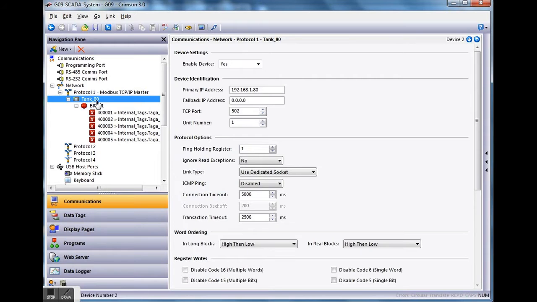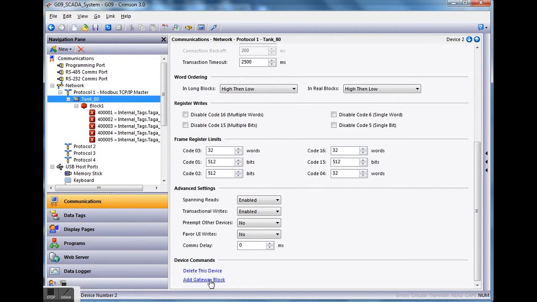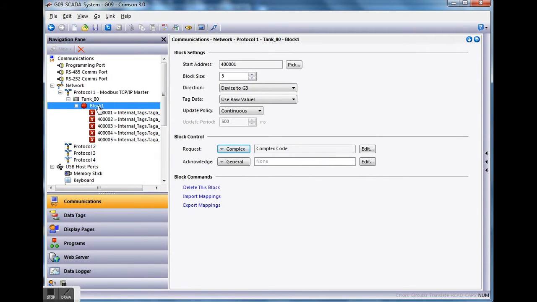You can always add a gateway block by clicking on the device on the left side here, and then take the slider bar over on the right and slide down a little bit. All the way on the bottom right is the word gateway block. You can click on that and that will create a new block like you see here. And so what I'm doing on this block is I've got